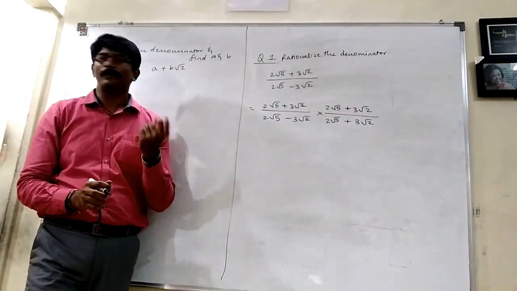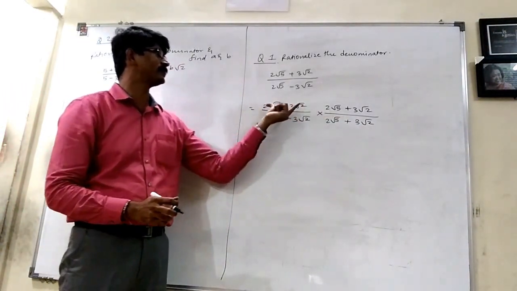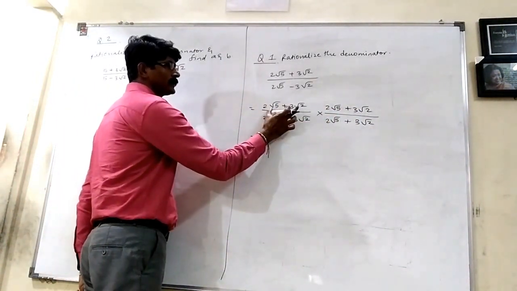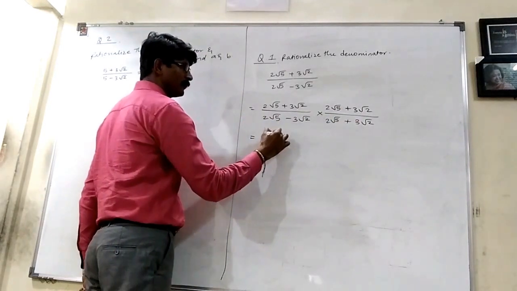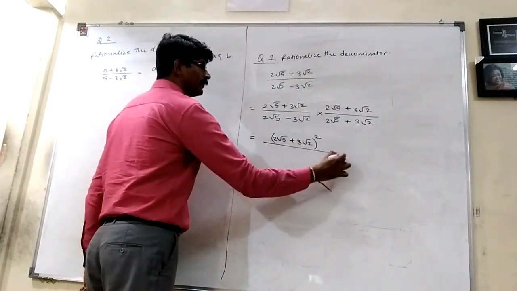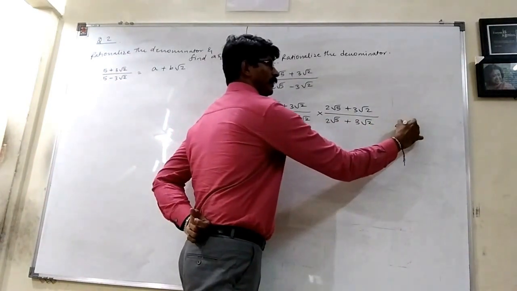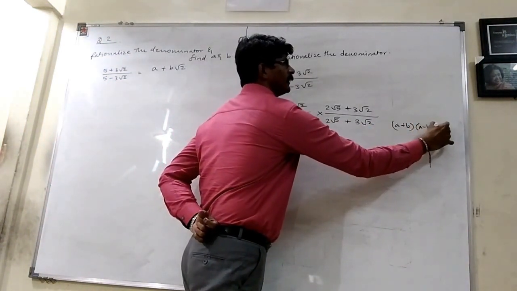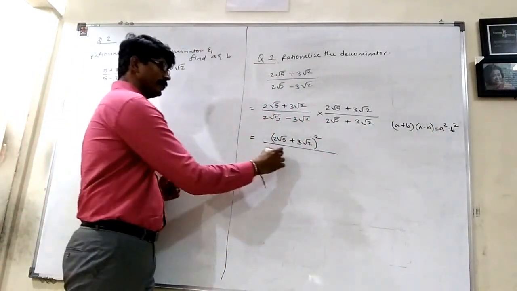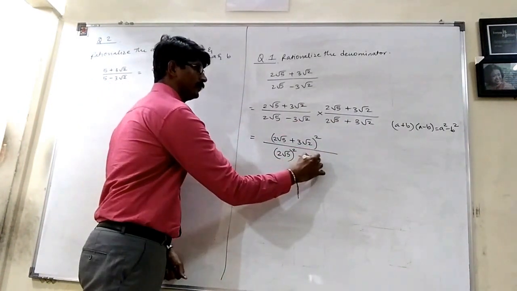Is that clear? Now, what is the next step? I have to multiply this binomial with this binomial and this binomial with this binomial. You can see this is a plus b and this is also a plus b. So it is a plus b the whole square: 2 root 5 plus 3 root 2 the whole square. And the denominator, this is a minus b into a plus b. What does a plus b into a minus b become? a square minus b square. So a is over here 2 root 5 the whole square minus b, over here 3 root 2, the